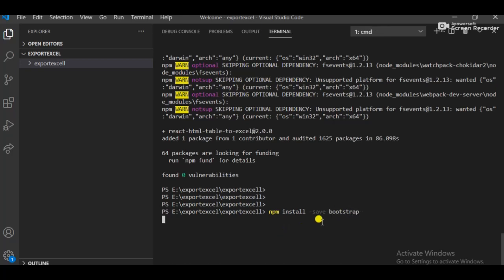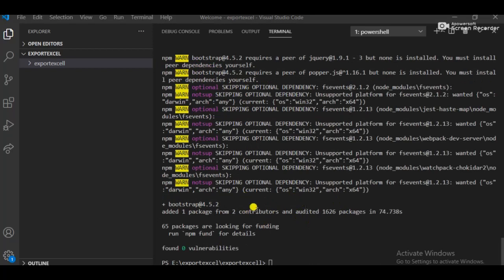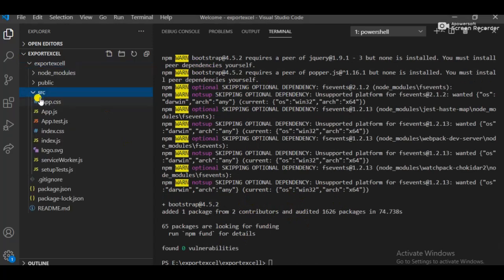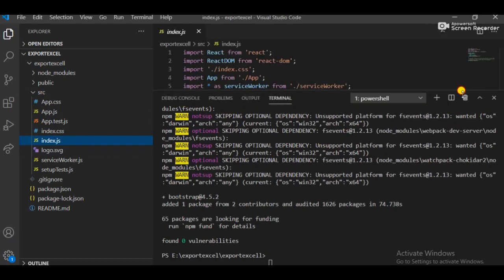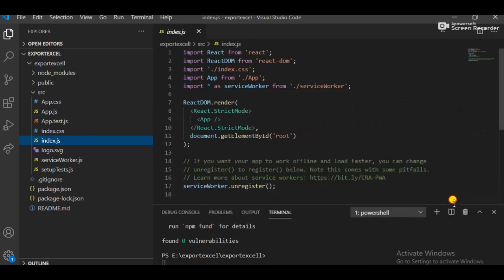Now you have to go into the src folder, and here is an index.js file. Open it. I have already added this code. When you install the React project it is implemented with predefined code, so you have to import your library into it.